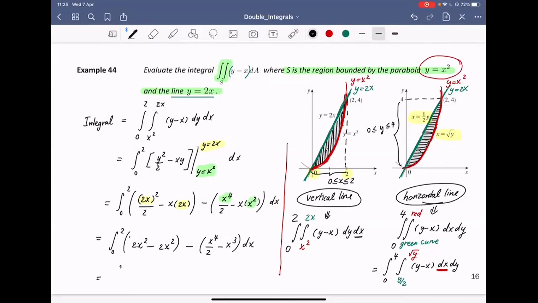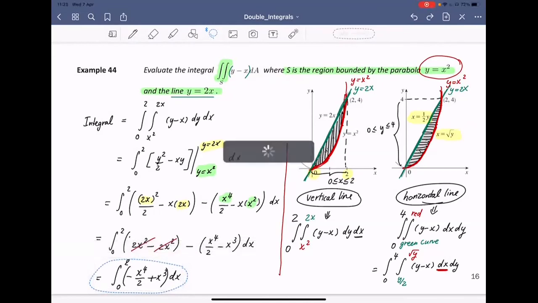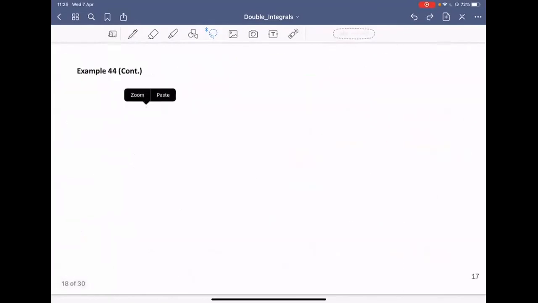Well, at the end, I get the integral. Good job, this cancels out. So I have the integral of minus x to the 4th power over 2 plus x cubed dx from 0 to 2. All right, so I'm going to carry that to the next page. Oh, we have so much space here, good. And that is